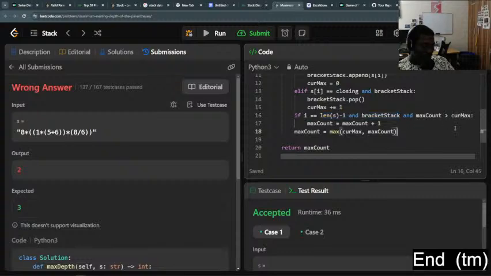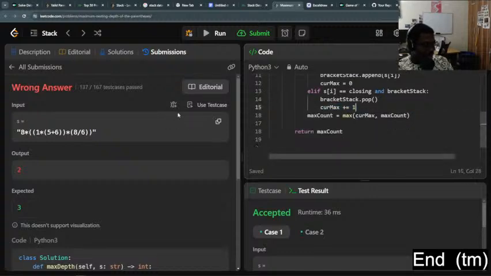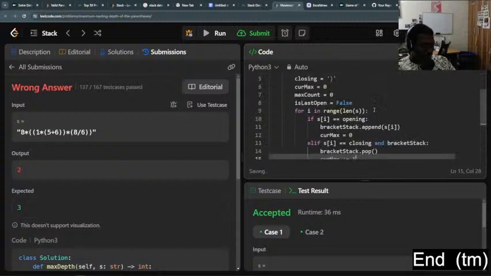But the point is, before I set reset to 0, I need to know if there was already an item in the stack. Yes, if it's the opening stack,